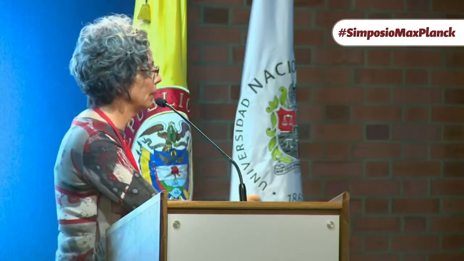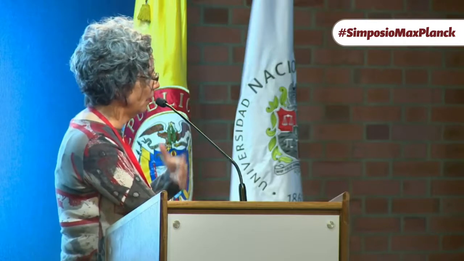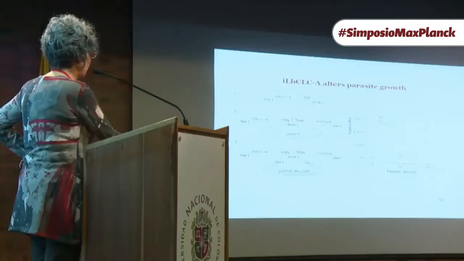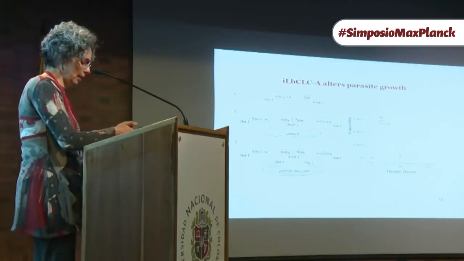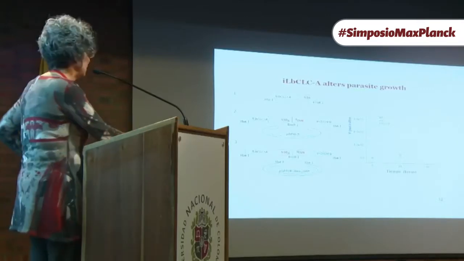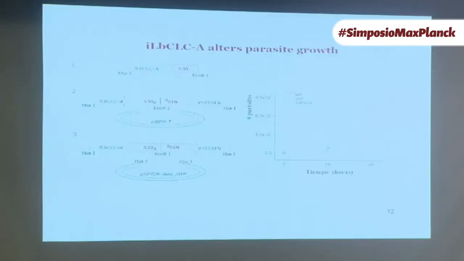The other genes have lost it or have a different kind of machinery that hasn't been described. So we went through very complex cloning procedures to silence a line. This was the PhD work of Cristina Zapata, and she got a Leishmania line